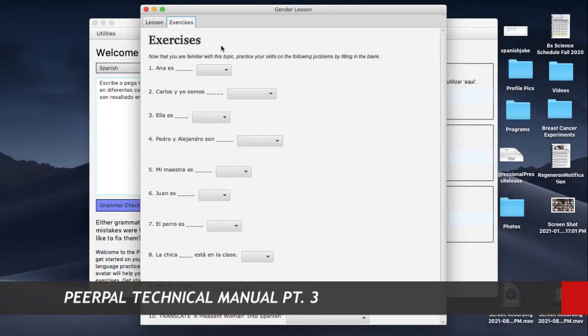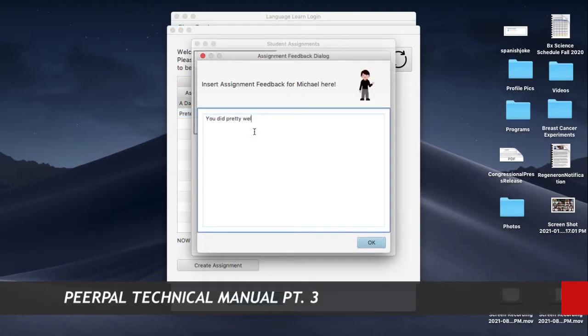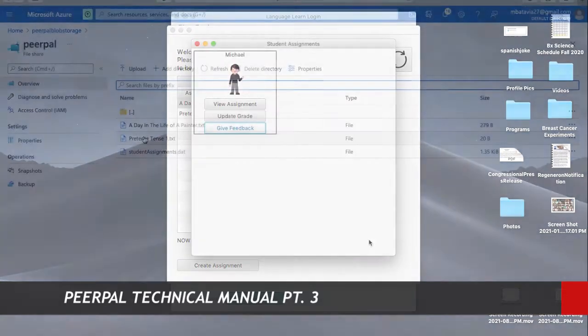In this final section of the technical manual, I'll show you how PeerPal's custom exercises help to support the lessons taught while students make mistakes, how students can submit their assignments using the language editor to give to the teacher, and how teachers can give students grades and feedback to ensure that students know what they did wrong in their assignments and encourage them to do better in the next assignment. I'll also show a little behind-the-scenes footage of how PeerPal stores all of the assignments ever created in its special